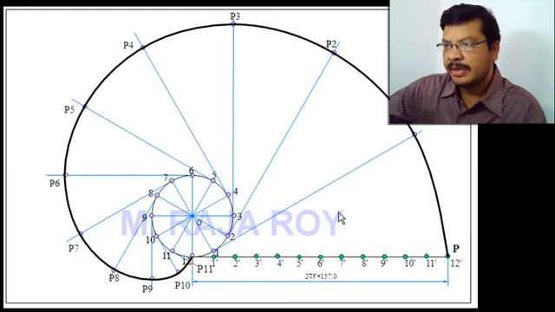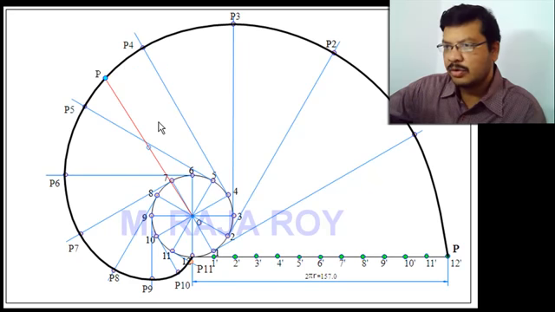For drawing tangent and normal, I am picking one random point somewhere here in between P4 and P5. I will take point P. Okay. Next, what you have to do is draw a line joining P and the center of the circle O. Something like this, you have to draw the line. After that, locate the midpoint of this line. Locate the midpoint of this line and this point as center and this to this point as radius. That means half of this line length as radius. Draw a semicircle. Something like this, you draw a semicircle.